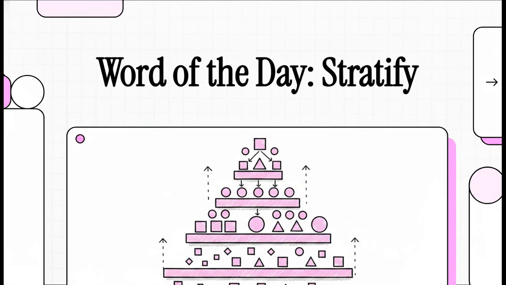Welcome to today's Explainer. I am so excited you're here because today we've got an absolutely fantastic vocabulary word to unpack. We're going to look at exactly where it comes from, how it operates out there in the real world, and how you can seamlessly drop it into your everyday communication. Let's get right into it.